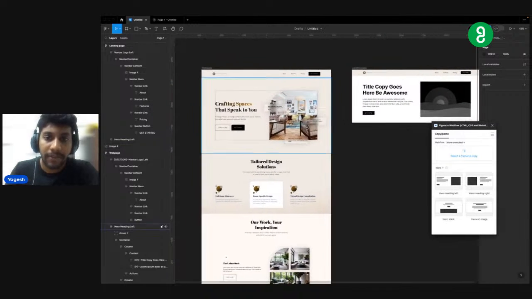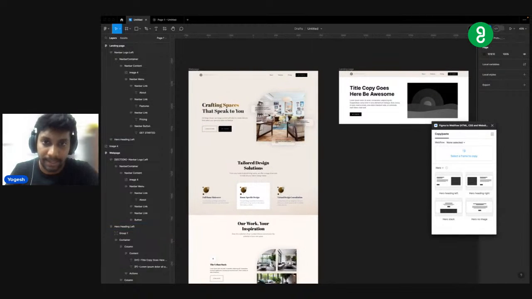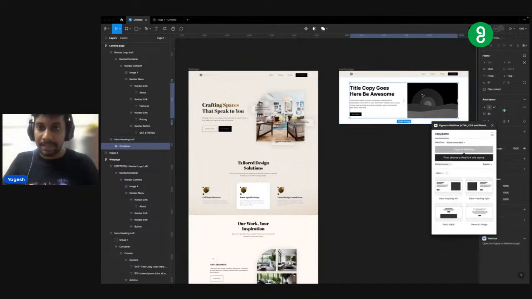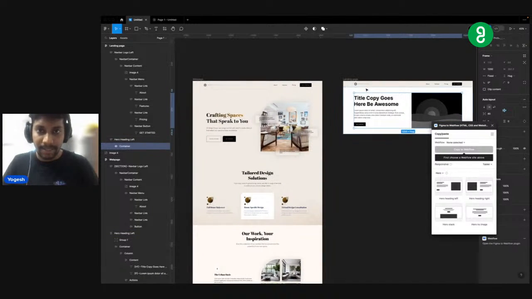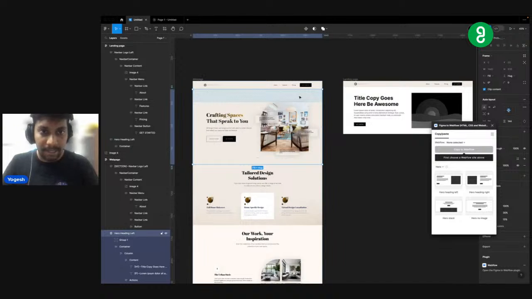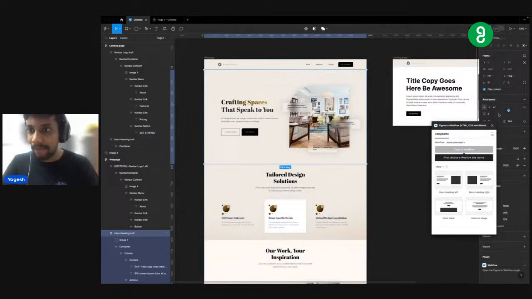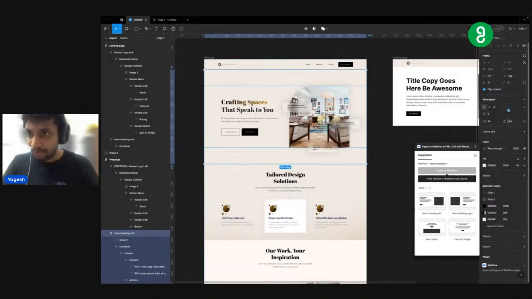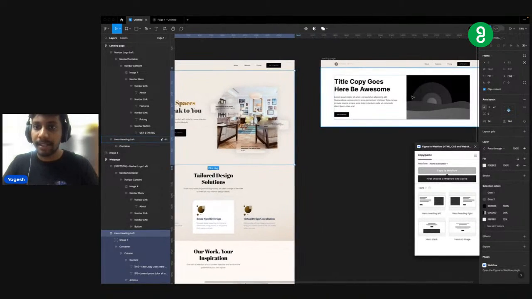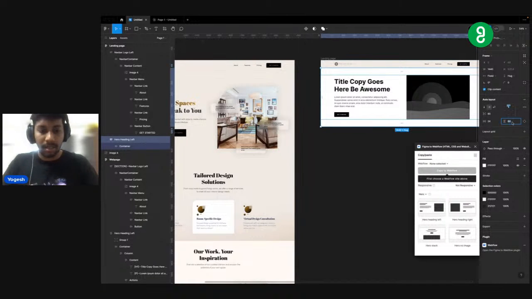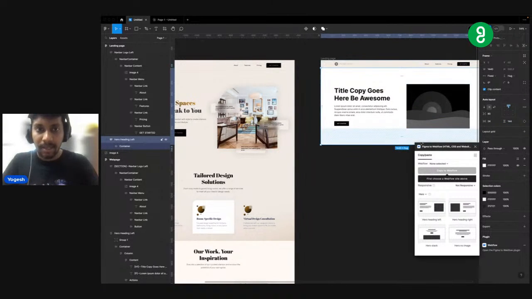So now you have the section in place, but this does not look anything similar to what we have over here, right? So how do you do that? Now, first thing, let's start with the layout only. So over here, if you see, we have a margin of 144 on vertical padding and 24 on the horizontal padding. Let's make sure to give the same padding over here as well. So 144 over here is going to expand this thing,